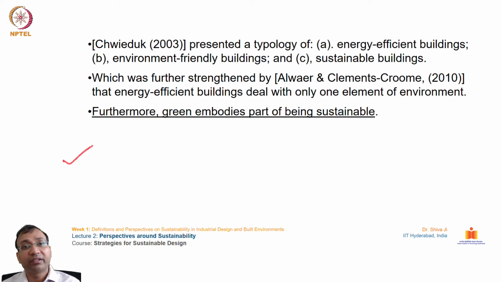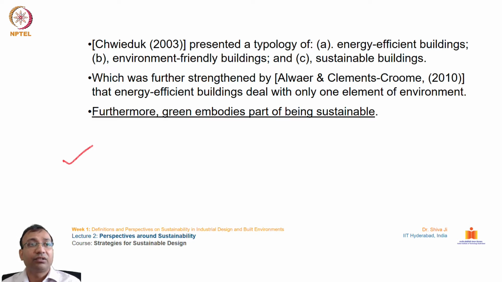The third one comes sustainable building. What are the distinctions from the previous ones to this one? Well, it caters to the social and economic factors along with the environmental ones. The moment we talk about how one building is related with the society, there are new challenges before the designer, the architect and engineer: how to design a building which is socially responsible, economically responsible, and obviously environmentally responsible. So now you understand the difference between energy efficient building, environment friendly building, and sustainable building.